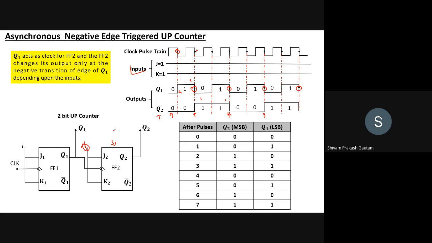Now why we are calling this an up counter can be seen here. This is where we are providing the pulses. So you can see after the pulses, initially Q2 and Q1 are 0 0. You can think that Q2 is representing the MSB, and Q1 is representing the LSB, that is, most significant bit and least significant bit, right? So after the first cycle here, you see Q2 is 0 and Q1 has become 1. So what is the first cycle? You can see this is our first triggering.